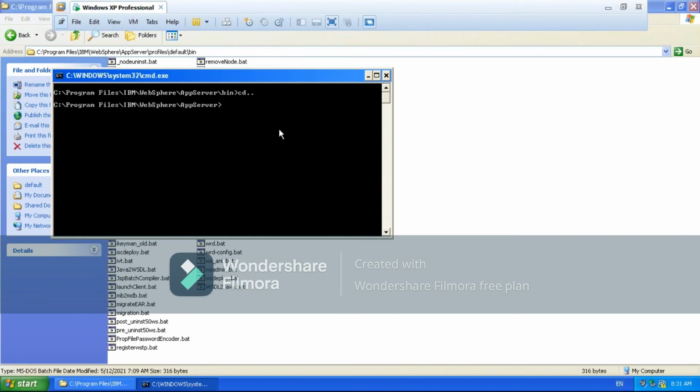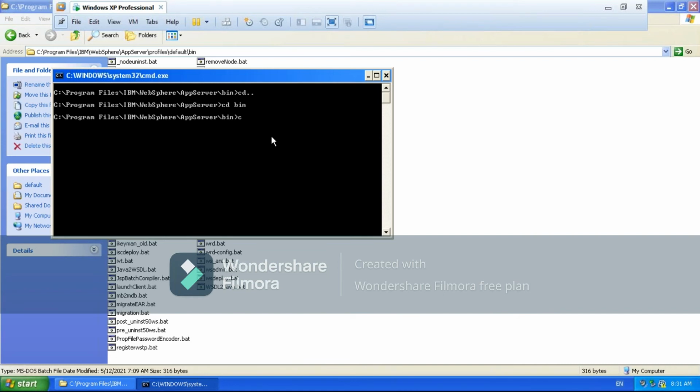Is it possible to start that profile's JVM from the WAS home bin also? Yes, it is possible, but the syntax is different. From the WAS home bin directory, you need to give the profile name, hyphen default, and then startServer server1. Here you need to specify the profile name also.